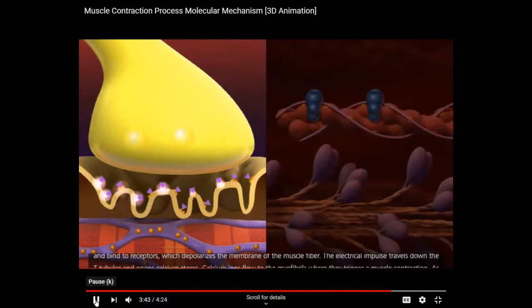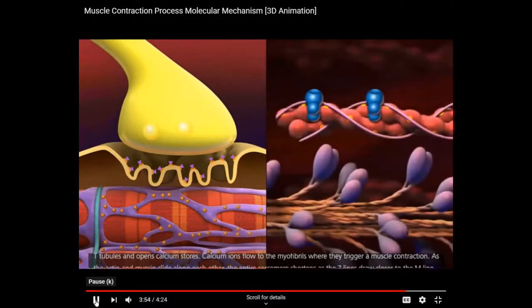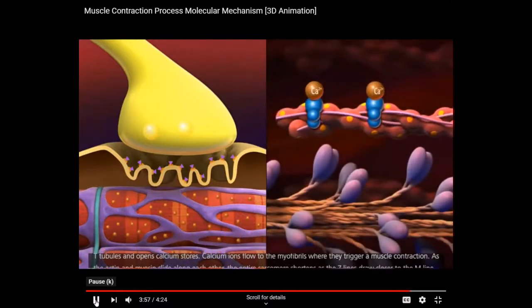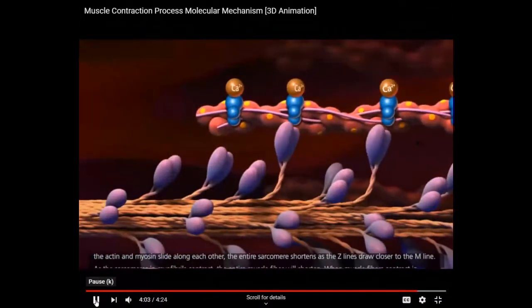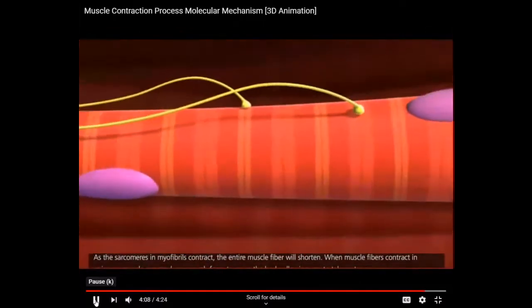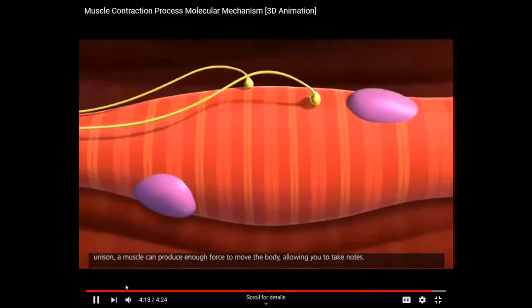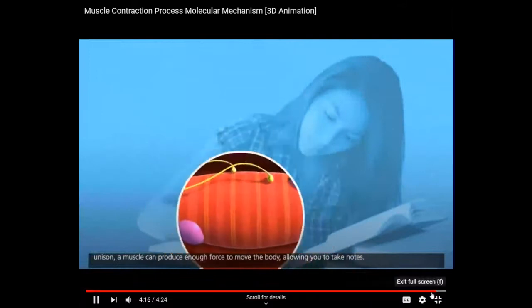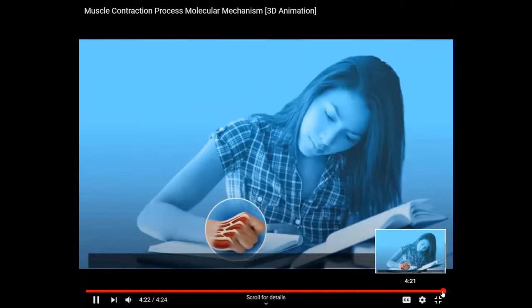Neurotransmitter molecules are released from a neuron and bind to receptors, which depolarizes the membrane of the muscle fiber. The electrical impulse travels down the T-tubules and opens calcium stores. Calcium ions flow to the myofibrils, where they trigger a muscle contraction. As the actin and myosin slide along each other, the entire sarcomere shortens as the Z lines draw closer to the M line. As the sarcomeres in myofibrils contract, the entire muscle fiber will shorten. When muscle fibers contract in unison, the muscle can produce enough force to move the body, allowing you to take